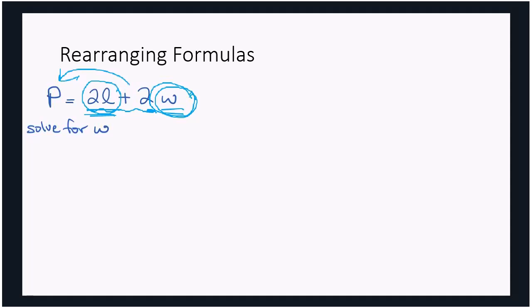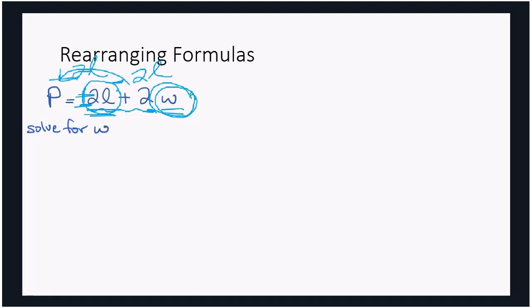2L, if you look at in front, you see that there is no sign, which means that it's actually a positive. So if I have positive 2L, the opposite of that is going to be negative 2L. So what I'm going to do to remove it is I'm going to subtract 2L from the right side, and whatever I do to the right side, I'm also going to do to the left side. So if you don't have a sign in front of the term that you're moving, then you assume it to be positive. Do the opposite of what that is.